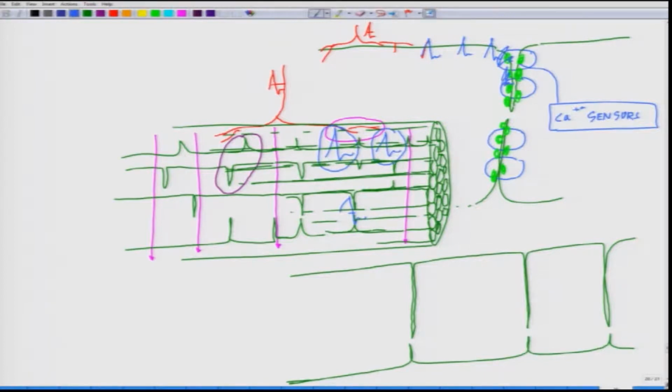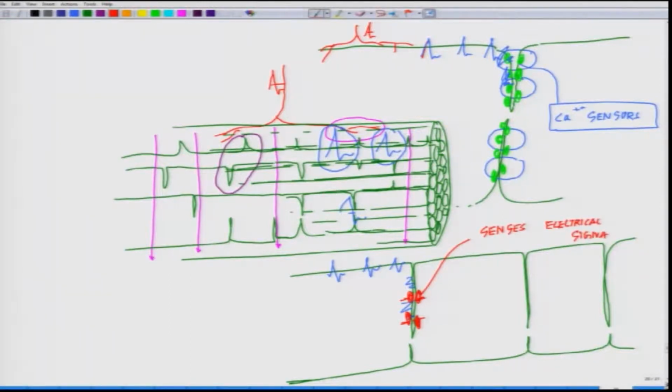So the electrical signal comes here like this in the muscle, it spreads out here. Out here it encompasses these, so now I'm showing in red the DHPR and ryanodine receptors. So what happens, these receptors sense electrical signal,